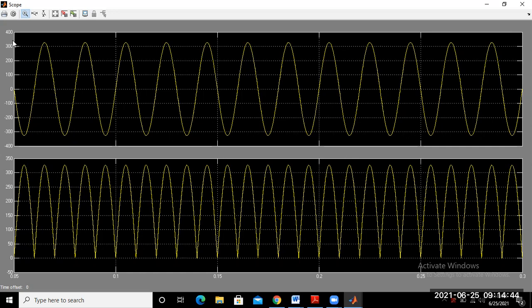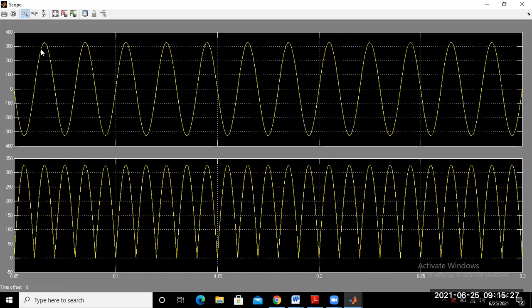This one is the maximum value, that is represented by V max. So V max for the supply voltage. What is the value of V max from this point 0 to this one? I can observe up to this point it is 300. So slightly more than 300, the waveform goes slightly above 300. So you just find the maximum voltage value. V maximum equals root 2 into VRMS.